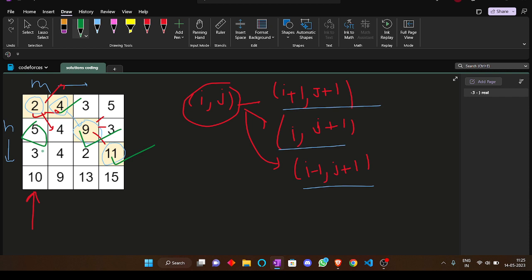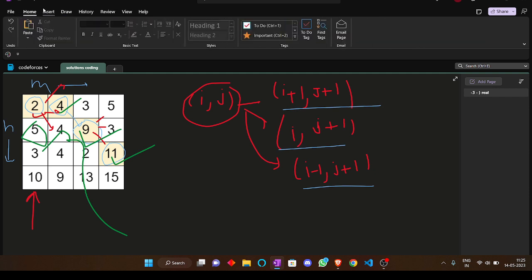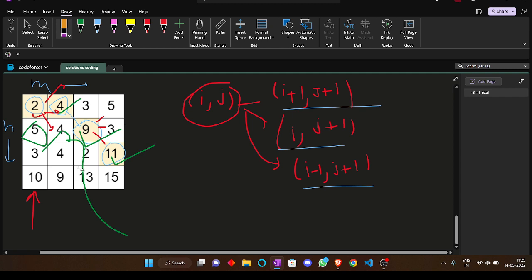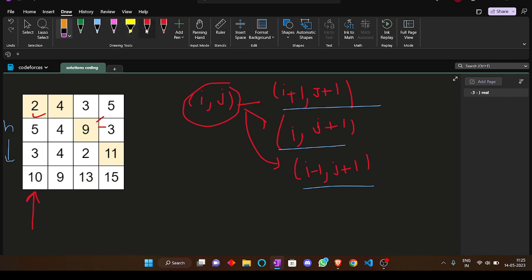From 3 it's also 9, and this is also 9, right? And from 2 you have to perform 3 moves, and from 5 you can perform no move,